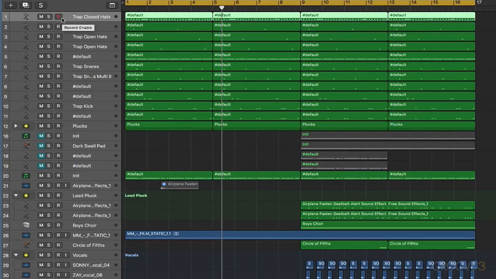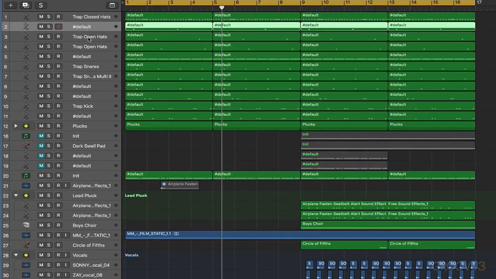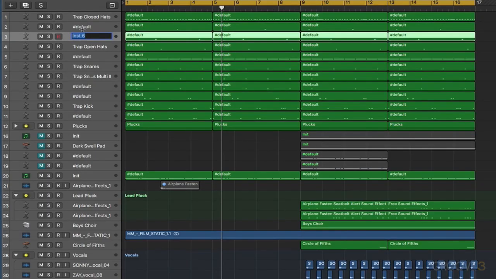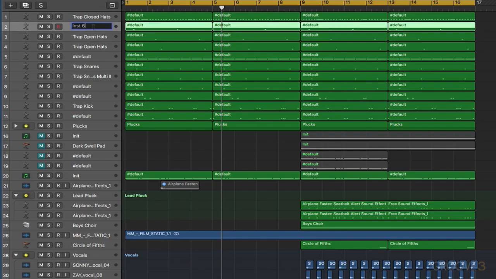This one is kind of already named, so that's fine. Track close hats. Then we've got trap open hats. I'm just going to copy and paste that here. Okay, didn't copy and paste. Let's just type it in. Trap open